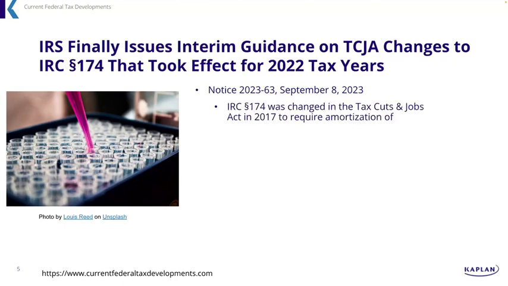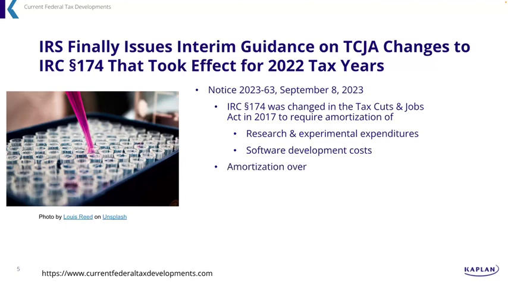This is a 46-page document, right? And what it deals with, if you've forgotten, is that Internal Revenue Code Section 174 was changed in the Tax Cuts and Jobs Act in 2017 to require amortization of both research and experimental expenditures, what 174 previously dealt with and allowed immediate expensing of, and as well software development costs. And these are software development costs that otherwise would not be research and experimental. If the software development costs would have been research and experimental costs anyway, then they were already captured by 174. But they're saying, even if they're not, we're going to force them to be picked up under this method.